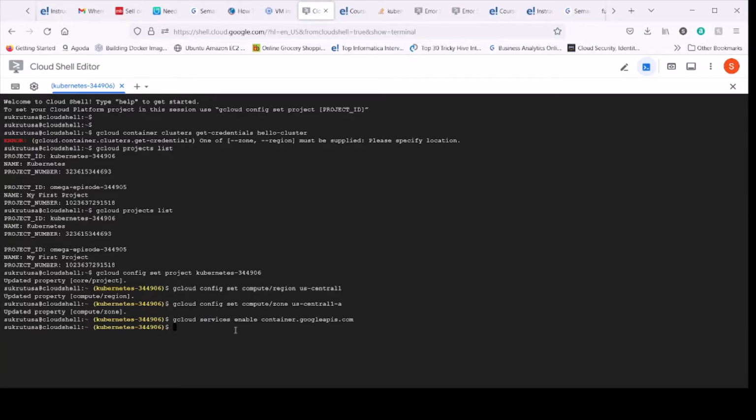So Google Cloud, gcloud services, enable container API. So we know that the definition of Kubernetes is something like that. Just saying your kubectl will talk to your APIs, and APIs will take the configuration of the